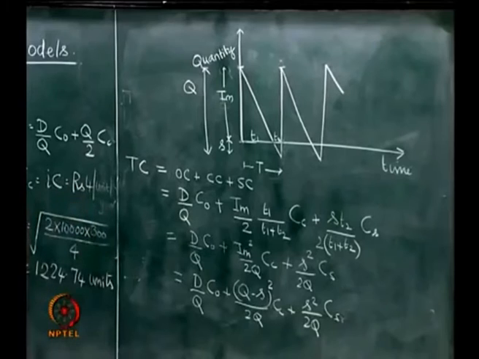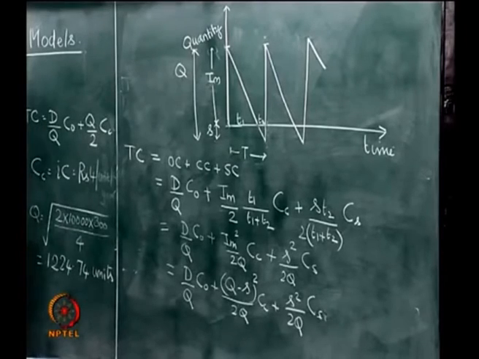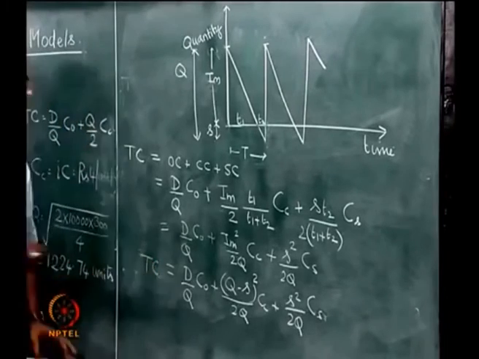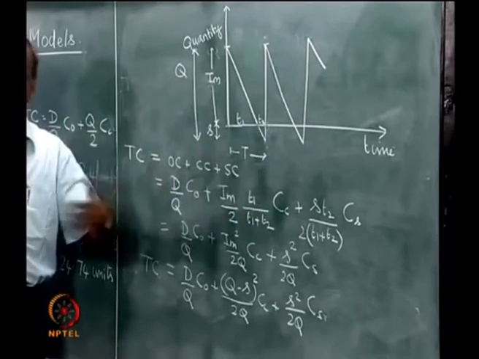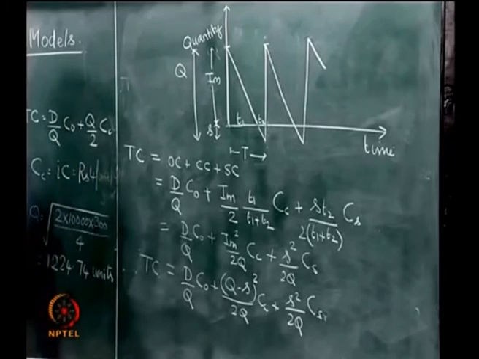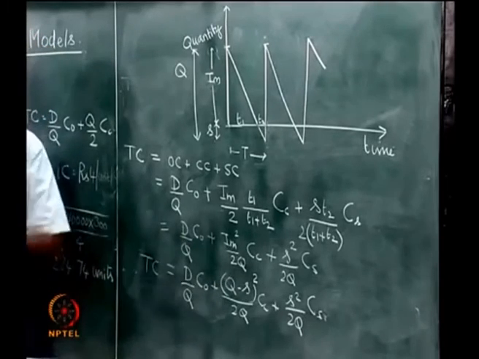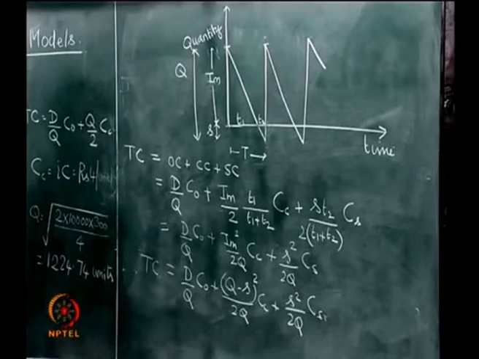So we have only 2 unknowns, which are Q and S. The 2 unknowns are how much to order, which is the order quantity, and what is the level of back order, which is the back order level. So Q and S are the 2 unknowns, and now this expression does not have any dependency. All the dependencies have been taken care of by substitution using similar triangles as well as using Q is equal to Im plus S. So now we can differentiate this partially with respect to the 2 variables Q and S to try and get the optimal values of Q and S.